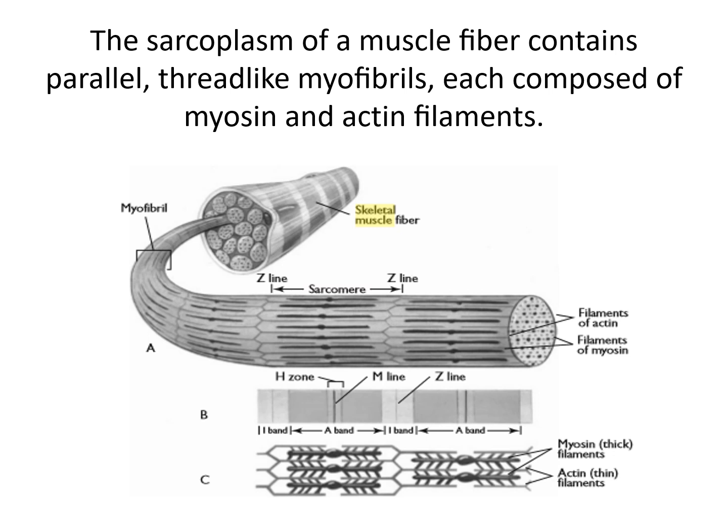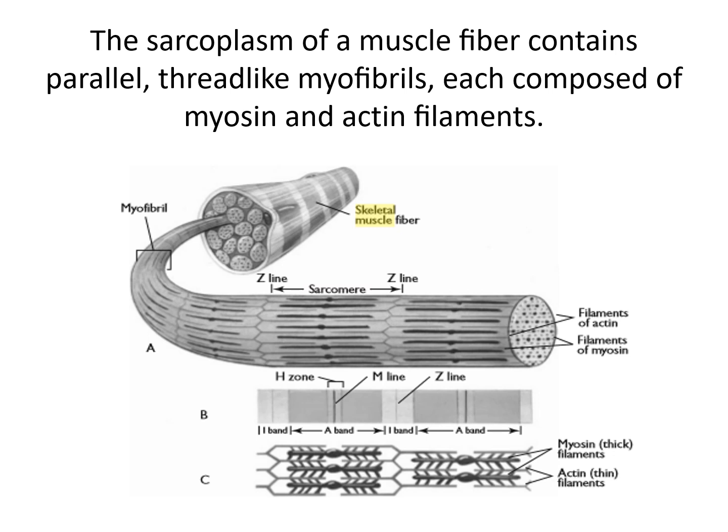Here the sarcomere is compartmentalized between two Z lines. The sarcomere acts as the basic structural unit of the muscle fiber, and each sarcomere is bisected by an M line. The A band contains thick, rough myosin filaments, each of which is surrounded by six thin, smooth actin filaments. The I band contains only thin actin filaments.